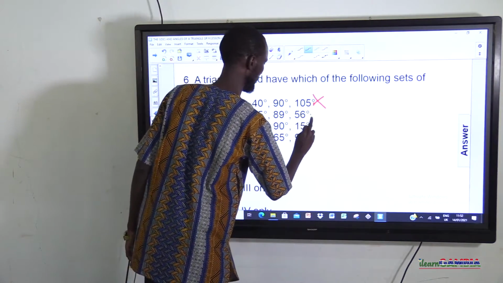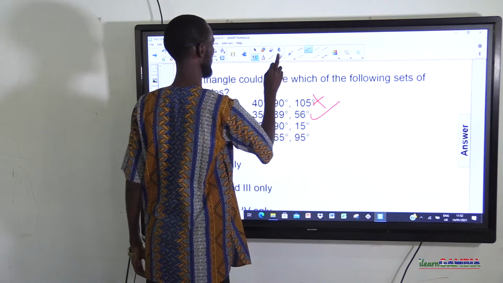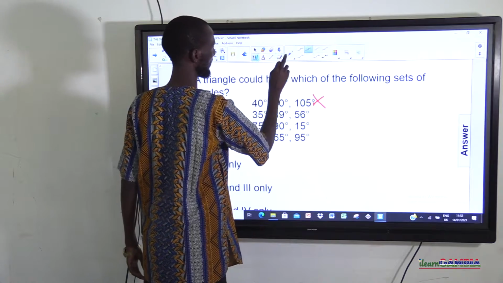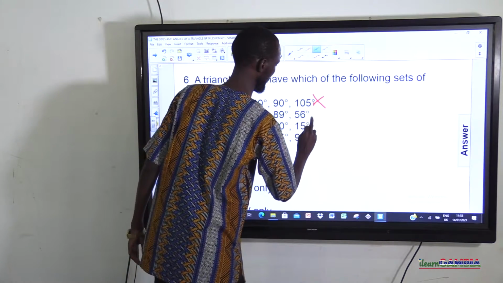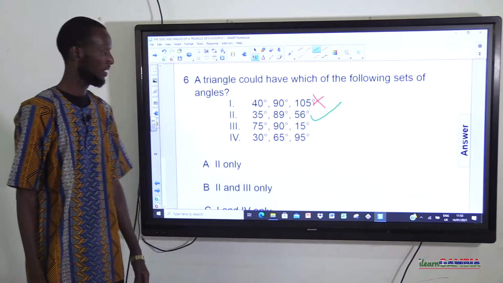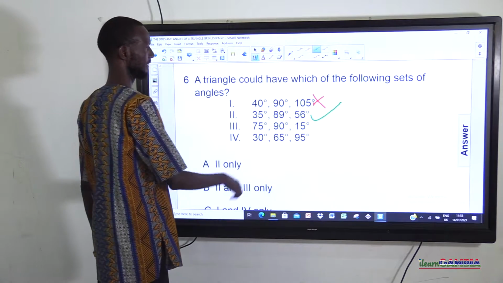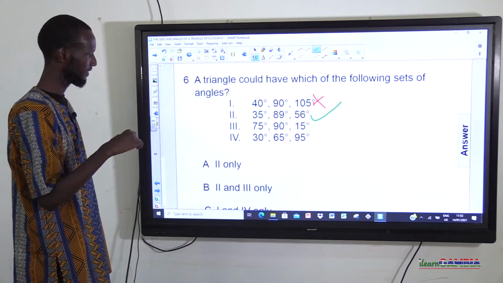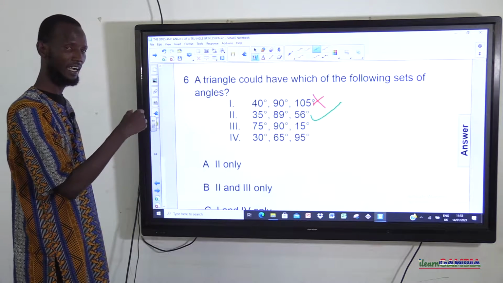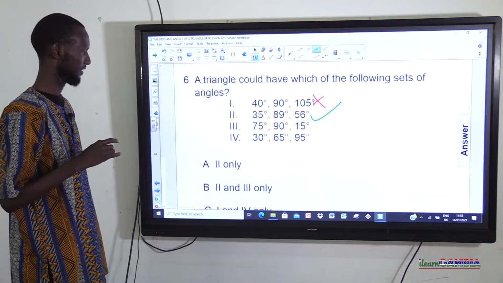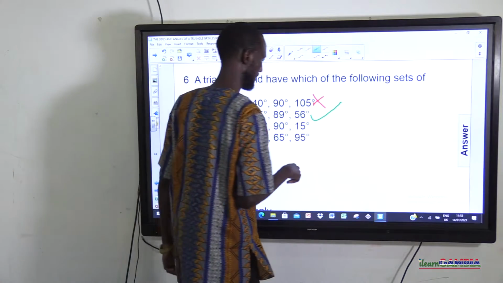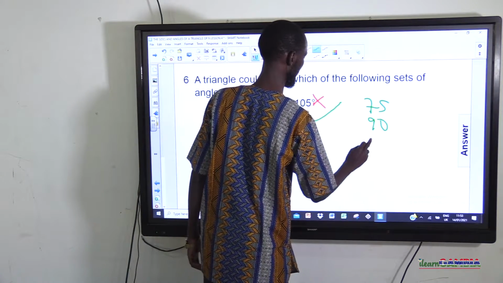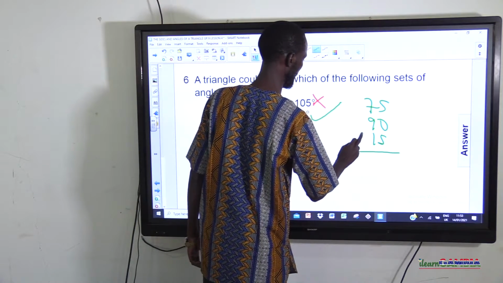And with this one, let me use a different color. Okay. Let's say we give it a green tick. Okay. Then let's take for the next set. We now have 75 degrees, 90 degrees, and 15 degrees. Okay. Let's add them up. 75, 90, 15. If you add this up,